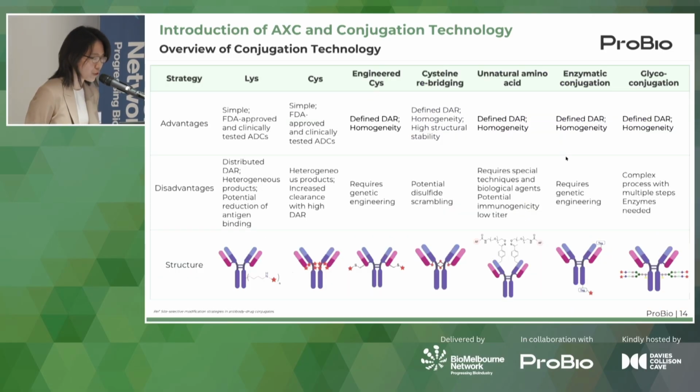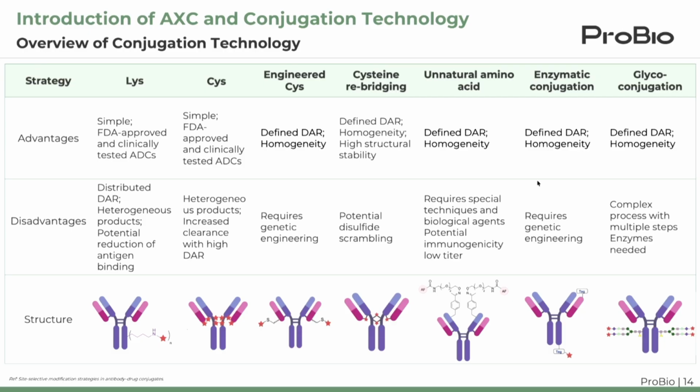Here is an overview of various enabling conjugation technologies for AXC. Each of them has its own pros and cons. For example, the conventional lysine and cysteine-based conjugation, utilizing random conjugation, has the key advantage of simplicity in operation, as well as having the most FDA-approved and clinically tested ADCs in its track record. However, on the downside, these random conjugations result in a variety of DAR distributions